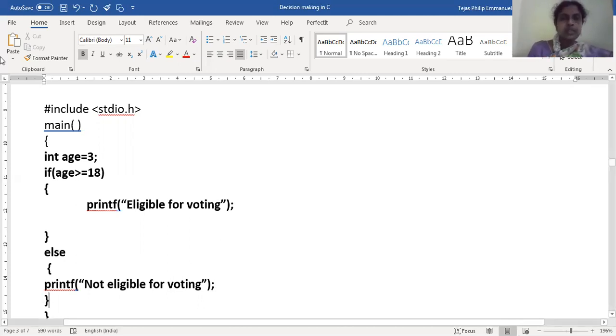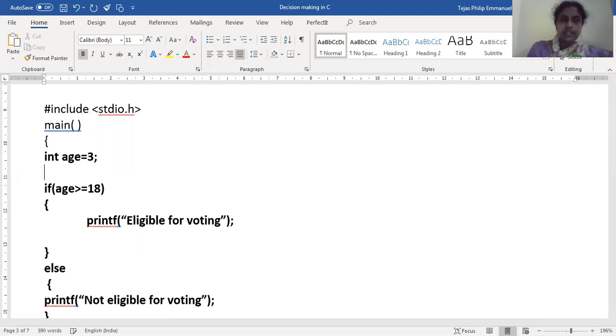So here what's happened? We give a condition, age is taken as 3. So our age value is assigned as 3. You need to check whether 3 is greater than or equal to 18. Whether 3 is greater than or equal to 18 means the condition becomes false.